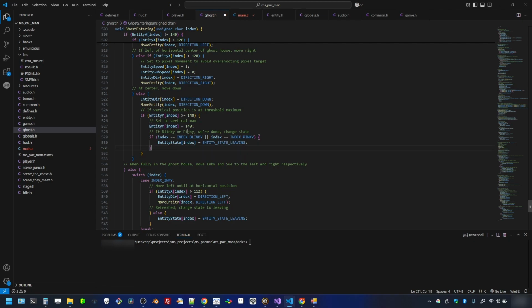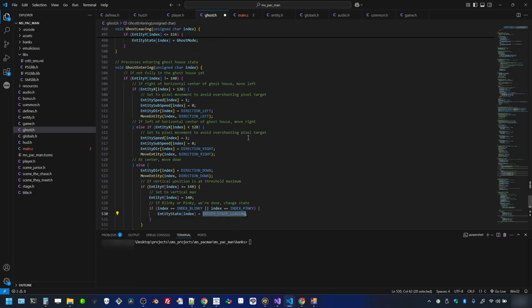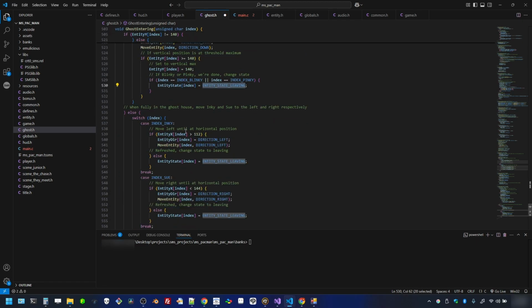And then if this is Blinky or Pinky, we're done with everything. We don't need to do anything else. So we just change the state to leaving. So once they get to the bottom, they change the state to leaving, so they regenerate, and then they do the leaving state processing at that point because we changed it over to that state. However,